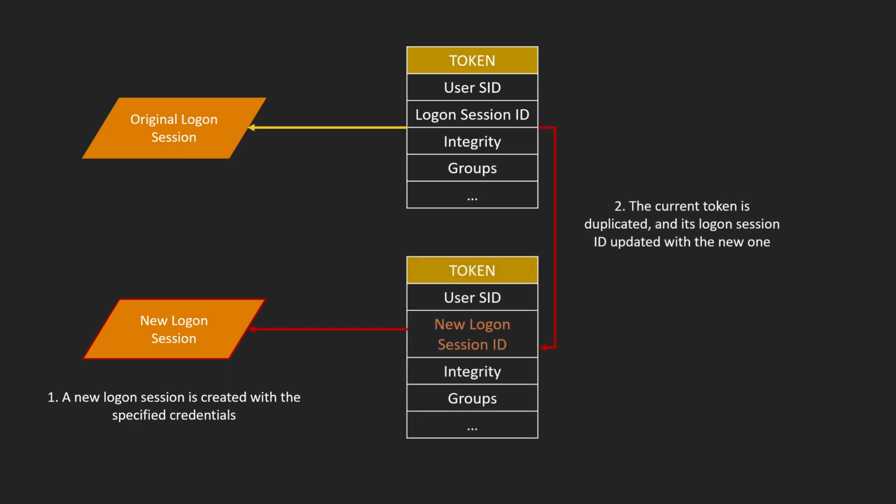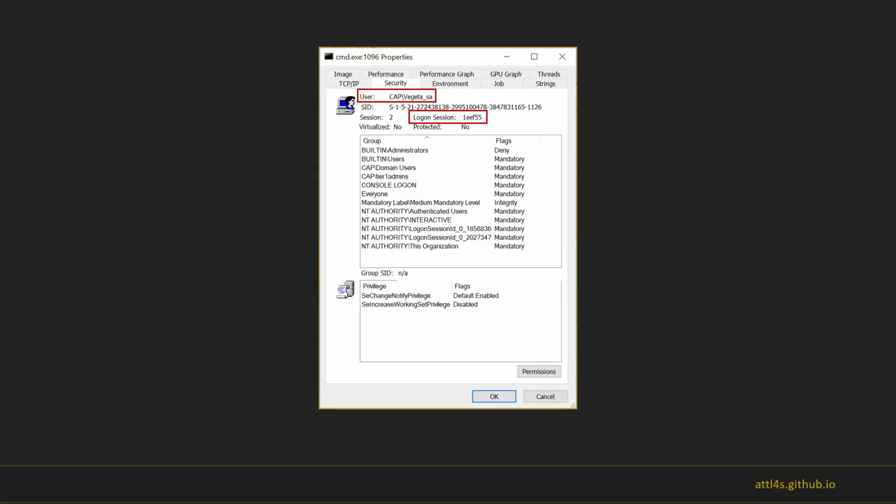It duplicates the original token and updates the logon session identifier within that token, and that is applied to a new process. So what is happening here is that we have the original token, but the cached credentials associated to the logon session linked to that token are the ones from Bulma. Okay,